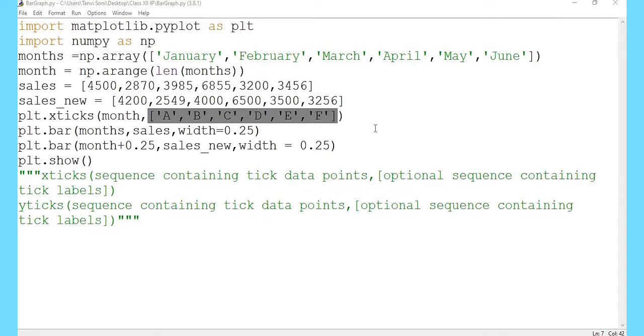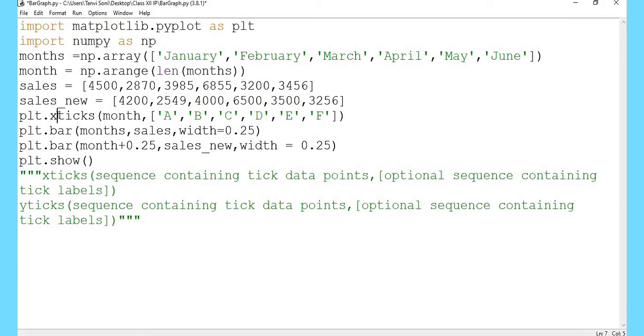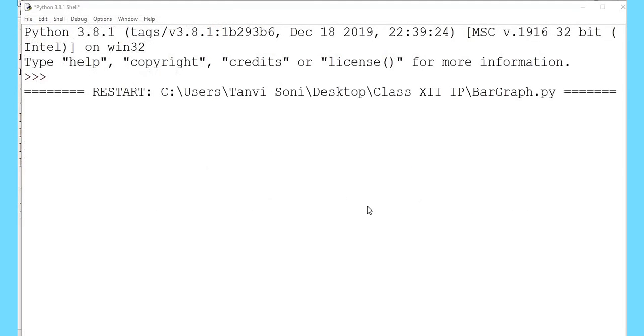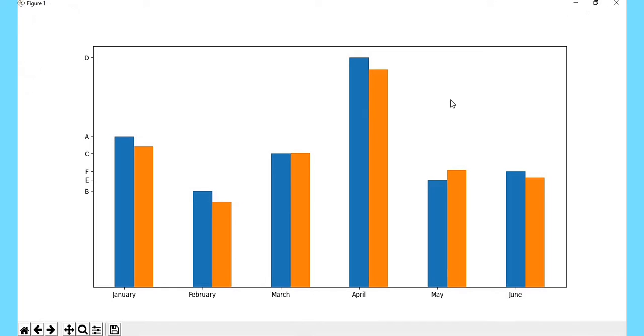Similarly, we can change the value of ticks on the y-axis by changing the xticks to the yticks function. The value of the y-axis, sales, will now be replaced with string values A to F. The bar graph has been plotted, but the values on the y-axis appear in a haphazard manner as